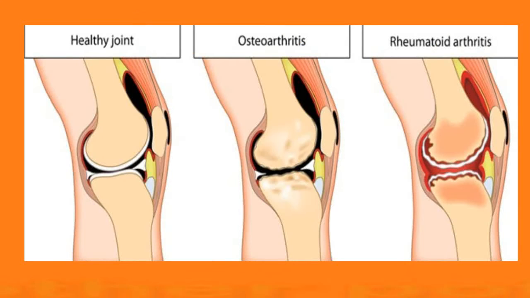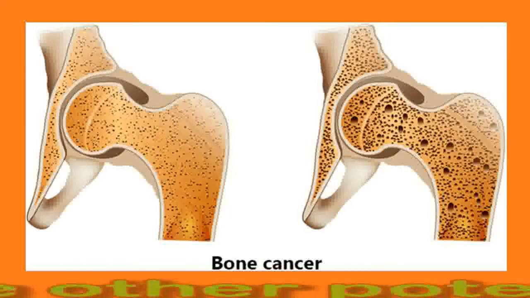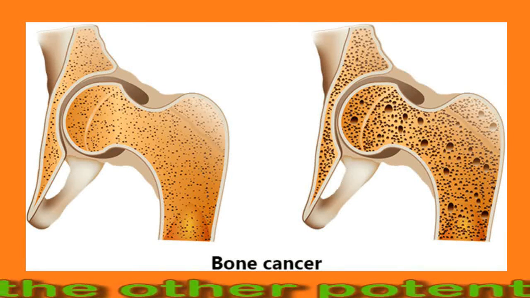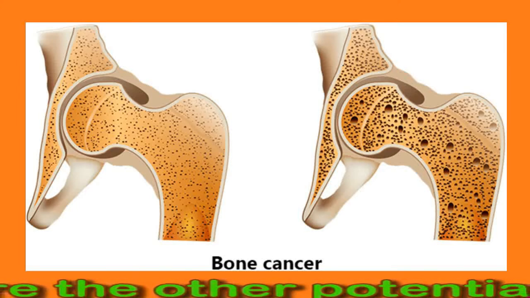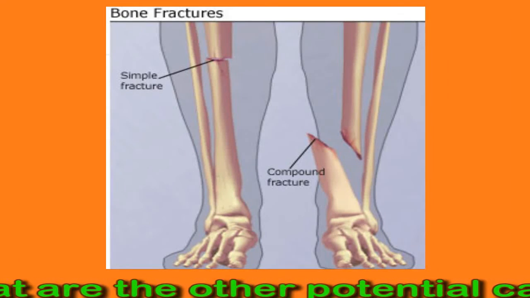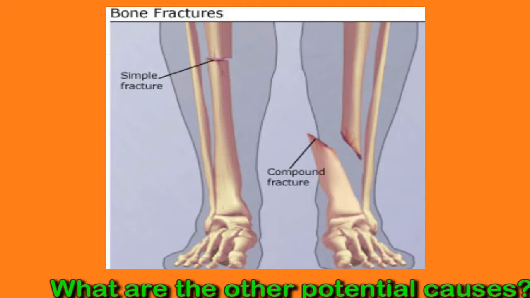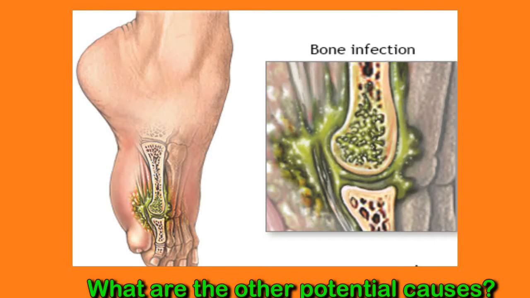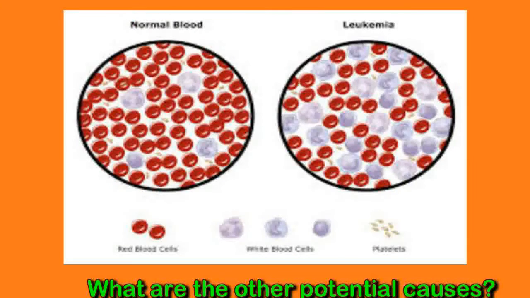What are the other potential causes? There are many other possible causes of bone pain, which include arthritis, secondary or metastatic bone cancer, which is cancer that has spread to the bones after developing in another part of the body, a fracture following an accident or another trauma injury, an infection, leukemia, a type of cancer that starts within the bone marrow, a bone infection called osteomyelitis,